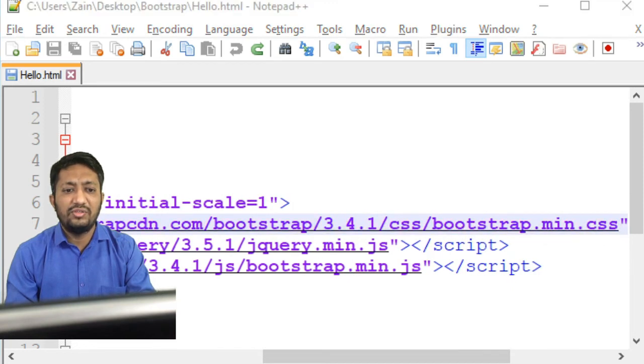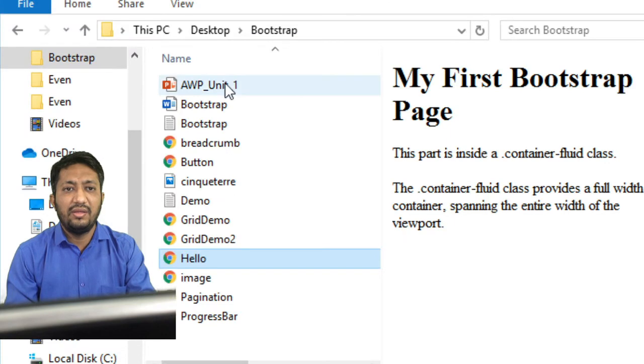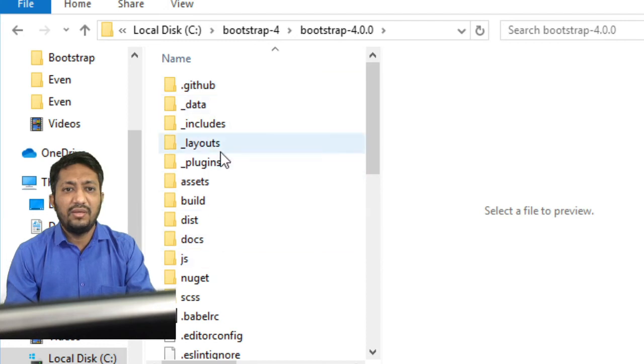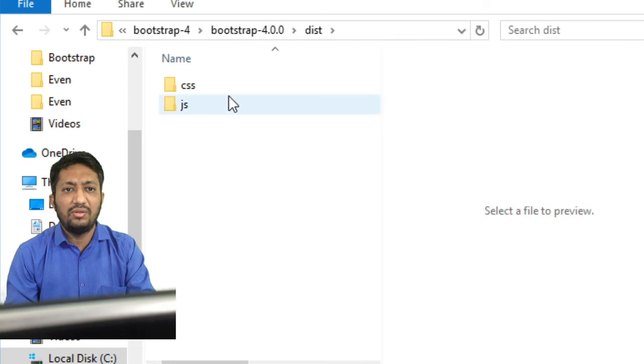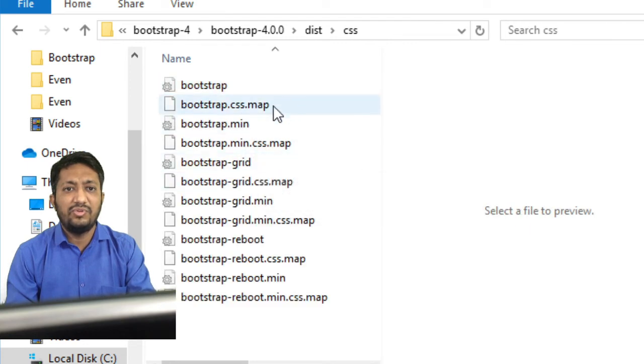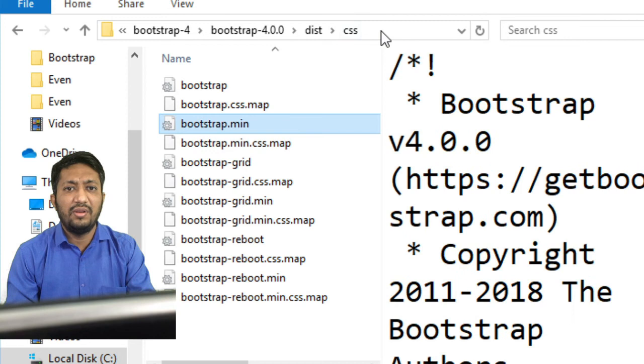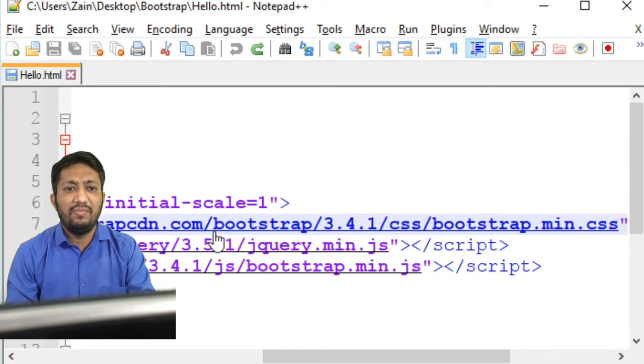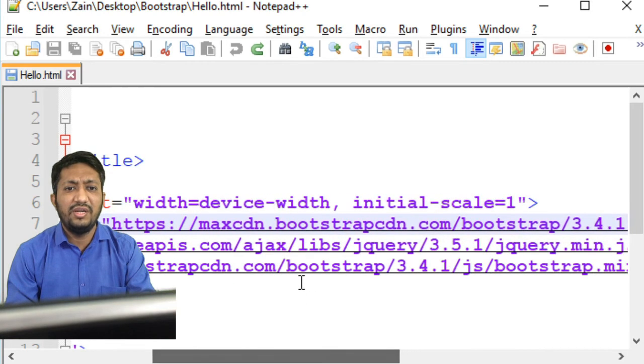Suppose in my C drive the bootstrap 4 folder is there, and in this folder CSS is there, and bootstrap.min is available. Then I have to copy this path, and that path will be pasted here instead of the CDN.